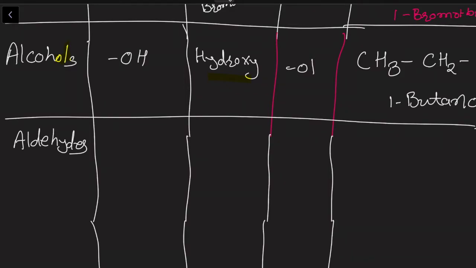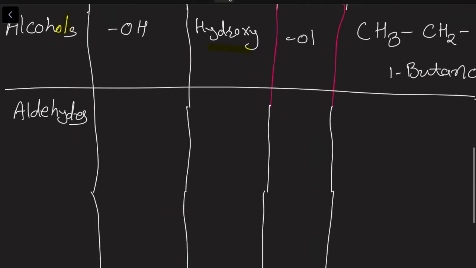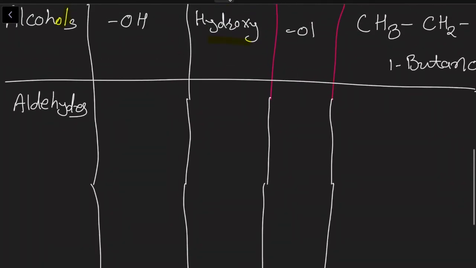Like when we smell banana, that is because it has a particular kind of aldehyde in it. So aldehydes represent that CHO, and if I really want to show you in the bonding, it goes like C double bond O, H,